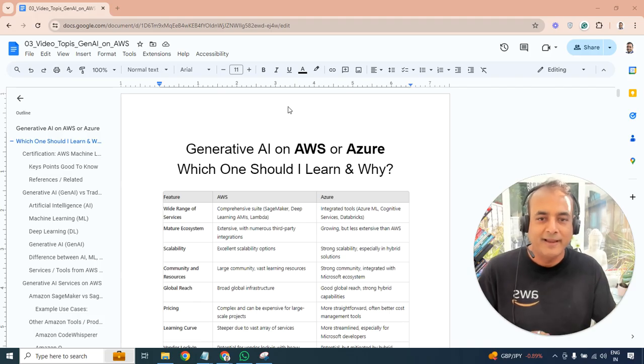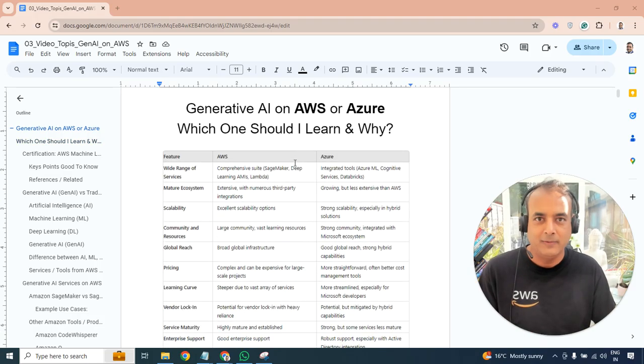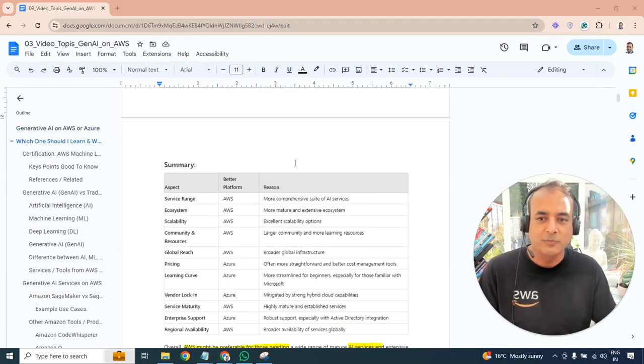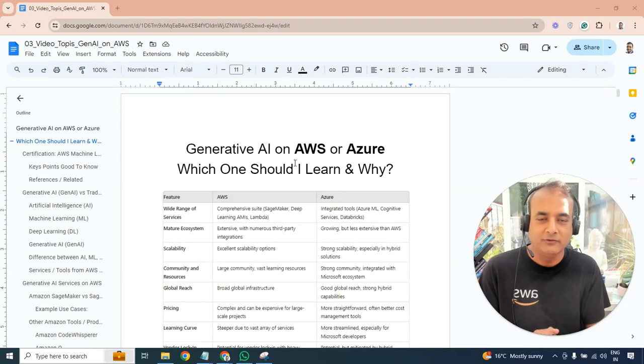So I'll go into detail and give you my view overall, both pros and cons of each, and then finally my take on what I should be doing, including a summary and what I did as well, so that you can make an educated guess. And if you want to go deeper, I run a free class both for AWS and Azure generative AI in principle. I'll be leaving the links in the comment section or description below this video for those free classes.